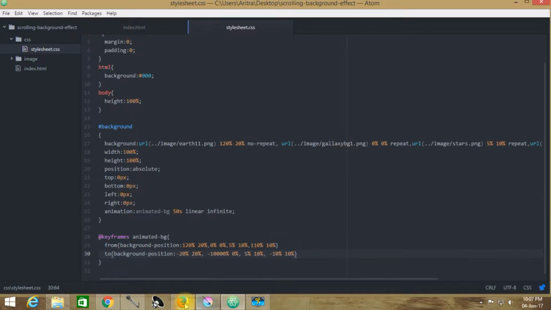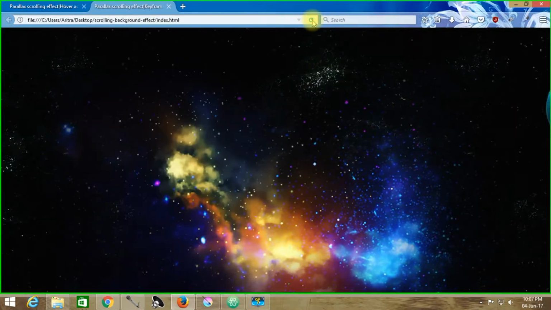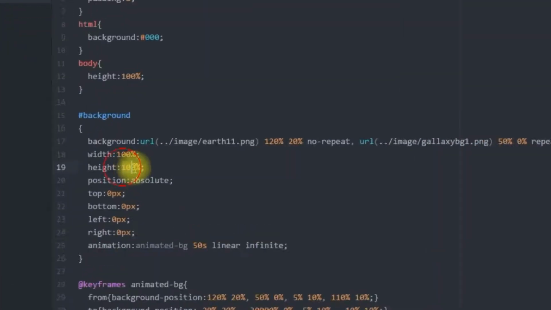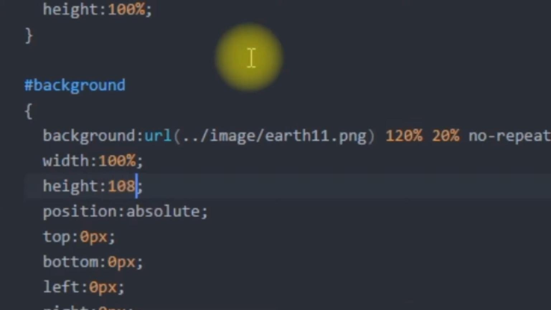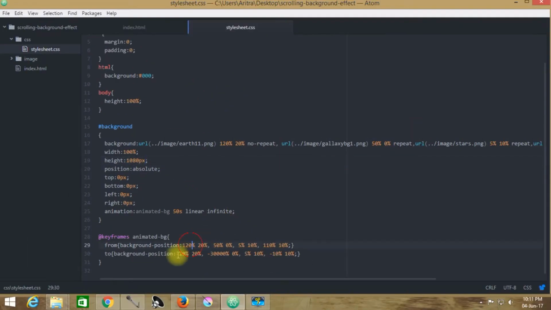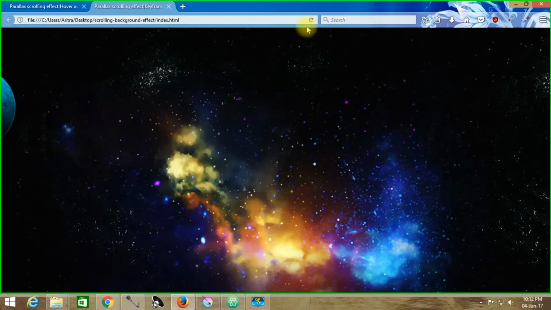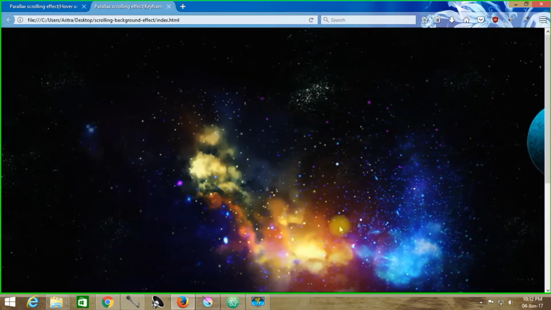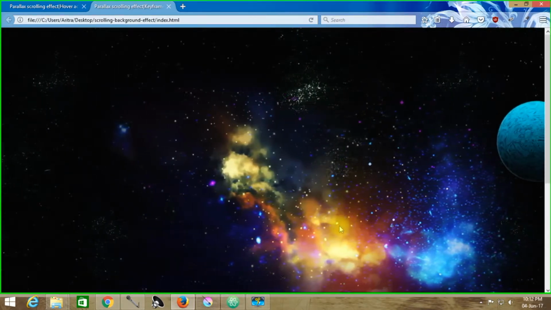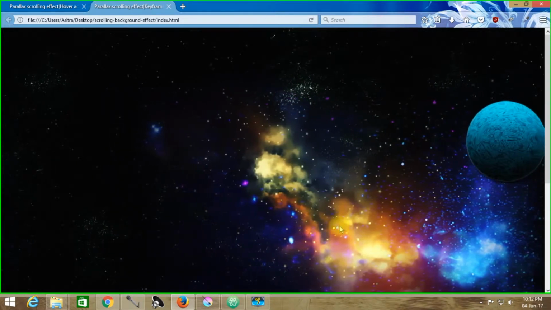So now let's get back to our project and reload. Another thing, we need to make a certain change over here. We will be checking the rest of the things. Okay, it's alright so far. We are just changing this value from 30,000 percent. I have reduced it to minus 10,000 percent, and let's now press Ctrl S, get back to our project and reload. And now we can see that this galaxy bg.png is practically shifting towards the right.